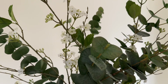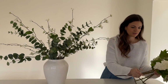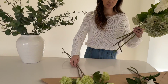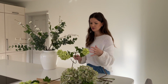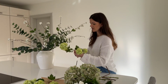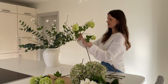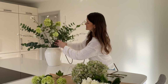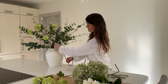And then I'm going to pop in the green viburnum next. So again, they're quite a generous stem with 4 different clusters of the green heads. So I get those in relatively early. And again, they do a great job of creating a shape for us. And you can tweak all of these to droop naturally how you want them to, but yeah, I love these. So I want one higher up on this side, so around about there,